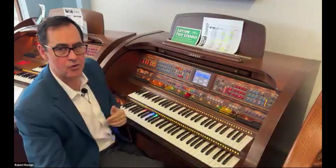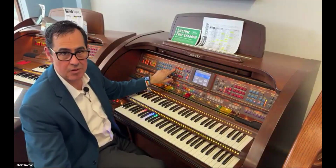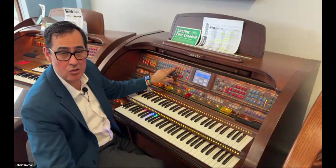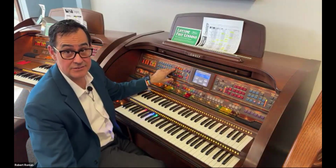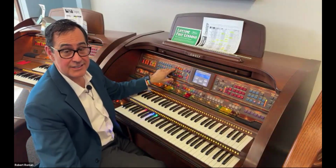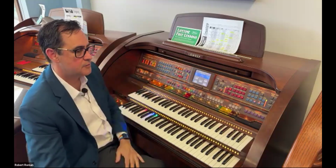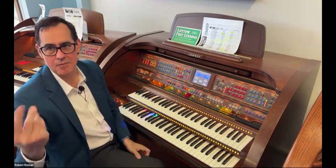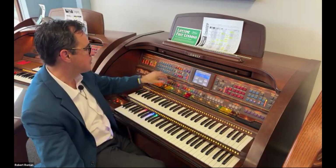Now, here's another learning tip for you. Many of you have the alter style button. If you don't have an alter style button, call your personal assistant right away, immediately. Say, I've got to have one of those alter style buttons. Because here's what it does. Now, here's what I'm going to do, is I'm going to pick 2 different rhythm styles. Okay, so let me put on